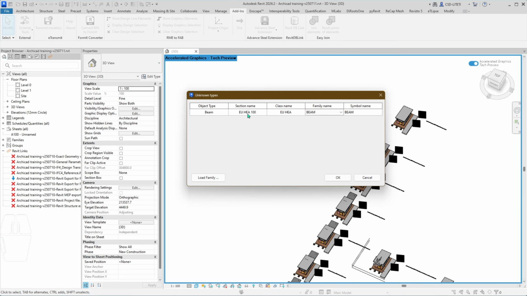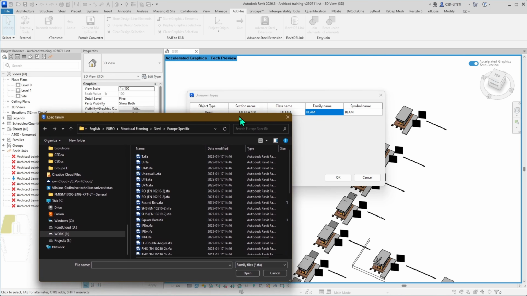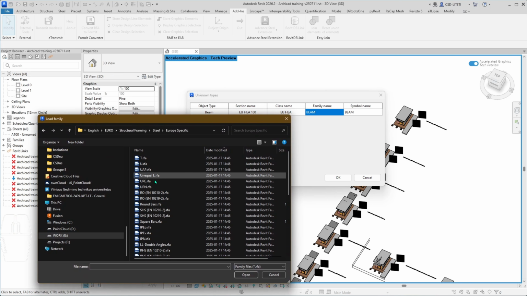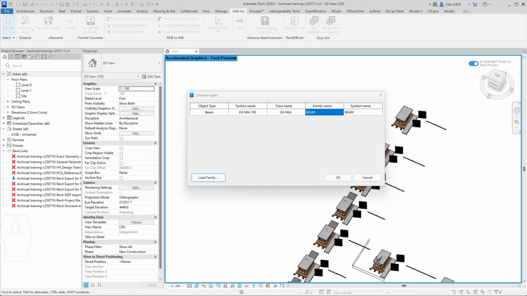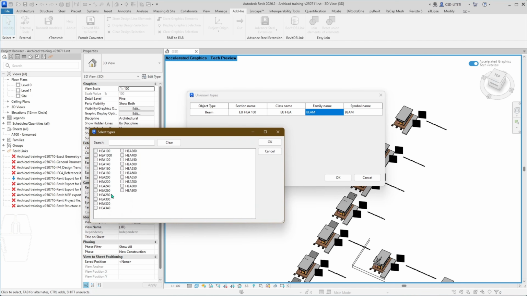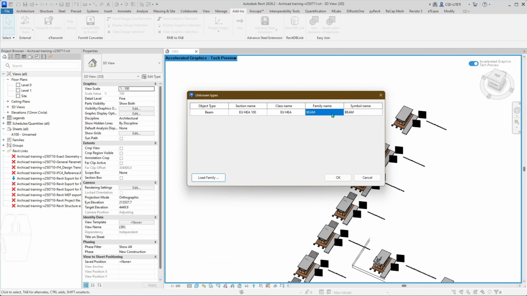Now I have the beam, which is here 100. Inside Revit I don't have this one, so I need to load a family, and I need here, so let's select this one and I click OK,